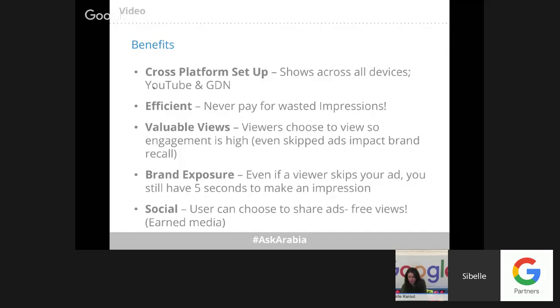And of course, social. You choose to share, you share the ads. The users can share your ads for free. So let's say I saw your YouTube video, I was very interested in it, I share it, you're getting more audiences because I shared it to people that are as interested as I am with your video or with your product, and that will get you more free views, which is ideal.